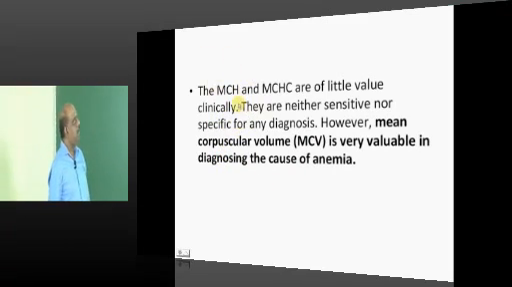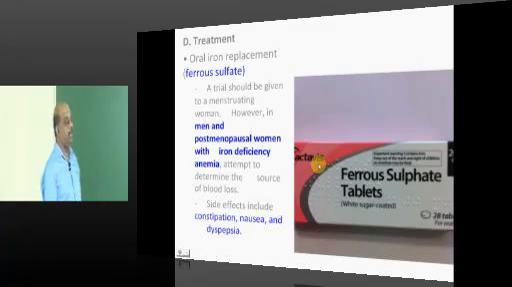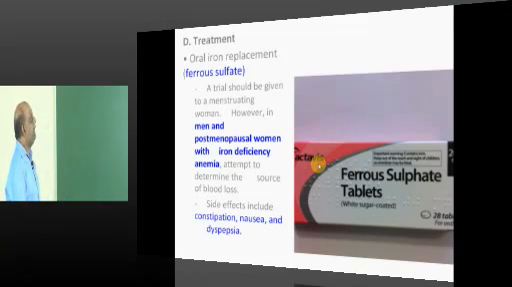Then how about MCH, MCHC in the diagnosis of the microcytic anemia? Not very valuable, but MCV is very valuable because it will differentiate anemias into micro, macro and normocytic. Now how do you treat iron deficiency? We give oral iron supplement, ferrous sulfate is what we basically give,